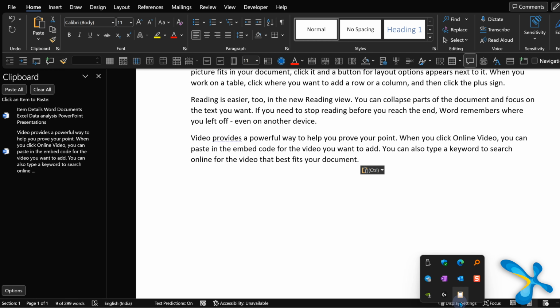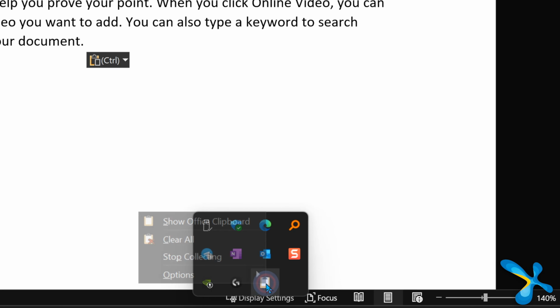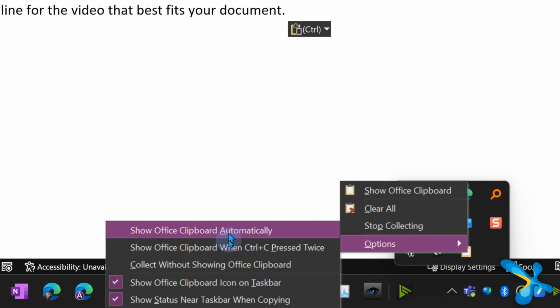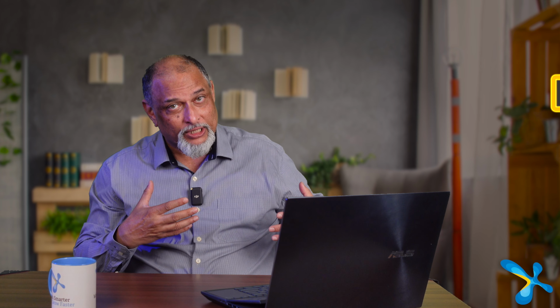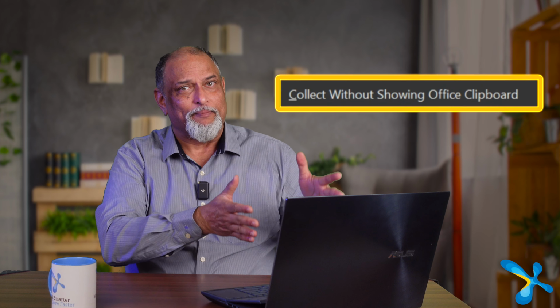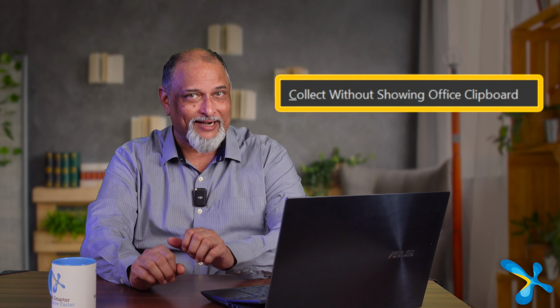But wait, there is one more thing. When that clipboard is on, in the taskbar you will see an icon. And when you open that icon, you will see multiple options. I'm not going to explain each option because they are easy to understand, but you need to know what options are there and when you need them, use them. One of the options I like is I want the clipboard to capture 24 clipboards, but I don't want it to show it in the pane. So that you can do silently.